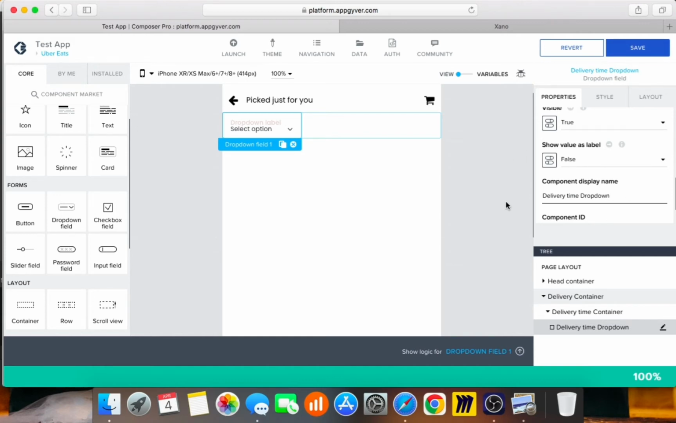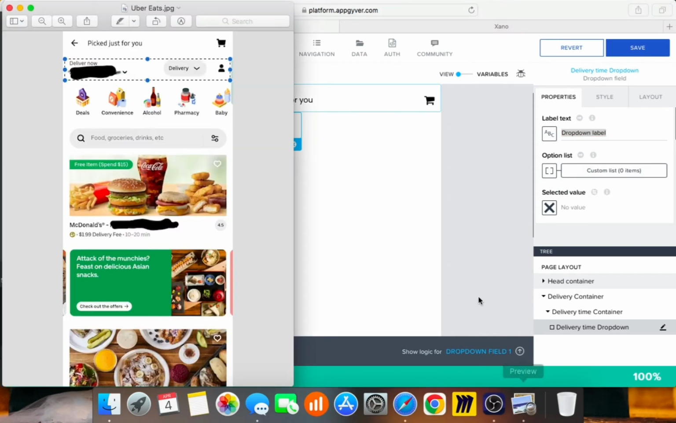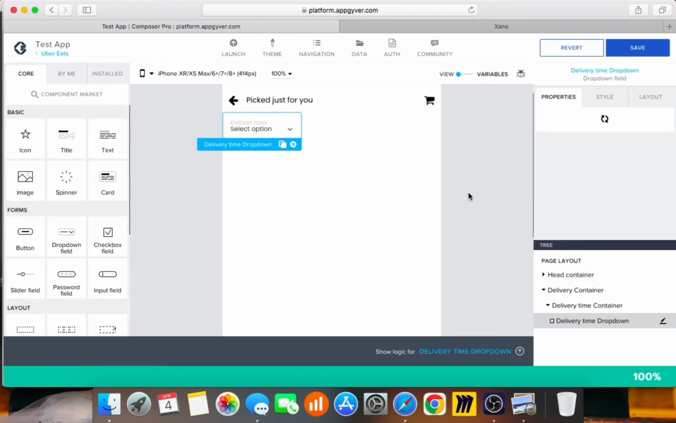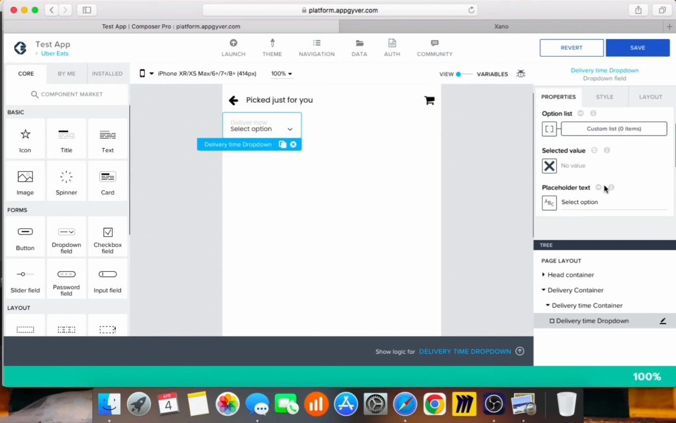Right, so now we can go in and adjust the components. So the label, we'll name it deliver now. Okay, so we're gonna link this list later on, but for now we're just gonna leave it. And instead of select option, we'll link this as well later on, but for now we're just creating the